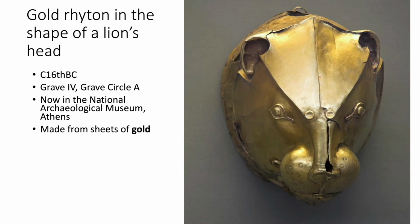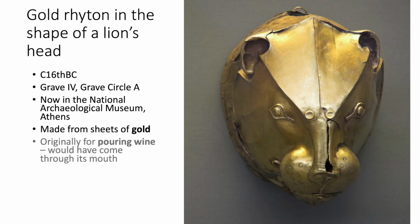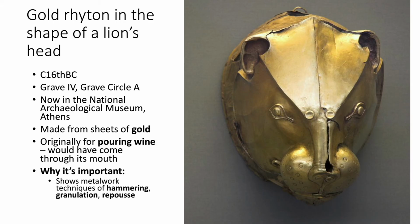It is also made from sheets of gold, rather like the death mask found in grave circle A, shaft grave 5. This was originally for pouring wine or possibly other ritual liquids like oil, but probably wine, and the wine is said to have come from its mouth. It's important because, aside from being really cool, it shows metalwork techniques of hammering and possibly granulation and repoussé, and basically,